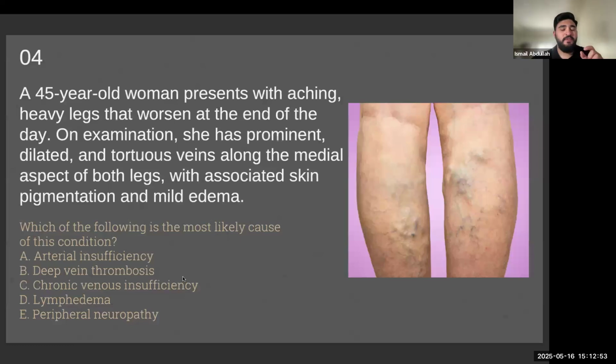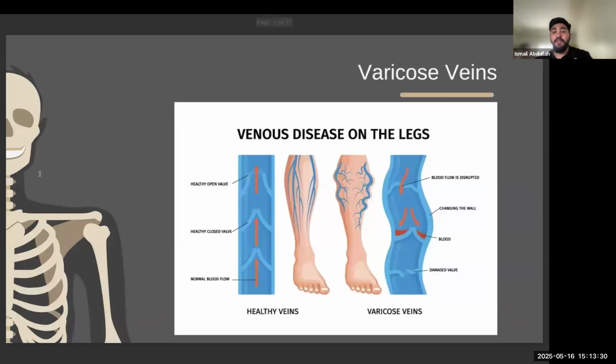Now, I think this is just a bit too advanced, but I think it's very nice for you guys to understand what really happens here. Now, the key word is end of the day. And usually, as our colleague mentioned, this patient could be standing on her legs for too long. And when you put such pressure, let alone the gravity, this could lead to an insufficiency in the veins, as the blood is going from the superficial vein all the way to the deep veins, as you can see here. So what could happen, these valves could